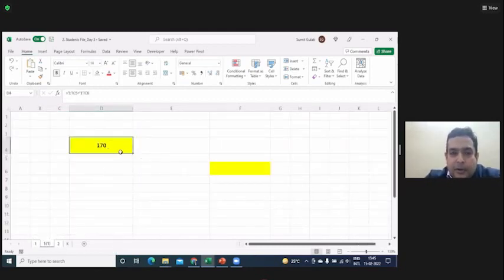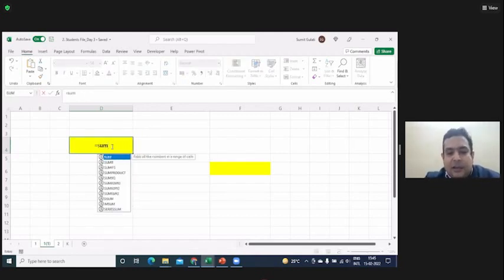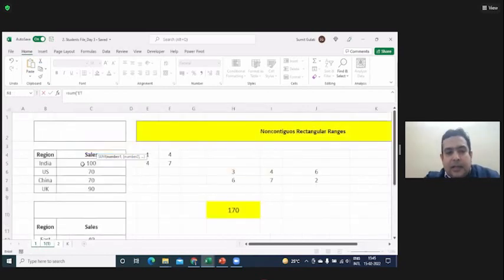Sir, if we want to continue adding numbers, we have to keep adding the plus sign and adding C6 and C7, right? Yes, you have to keep on putting a plus sign, or if there are more numbers, Falguni, what you could have done is start with equal to sum, go here and select whatever ranges you want to select.